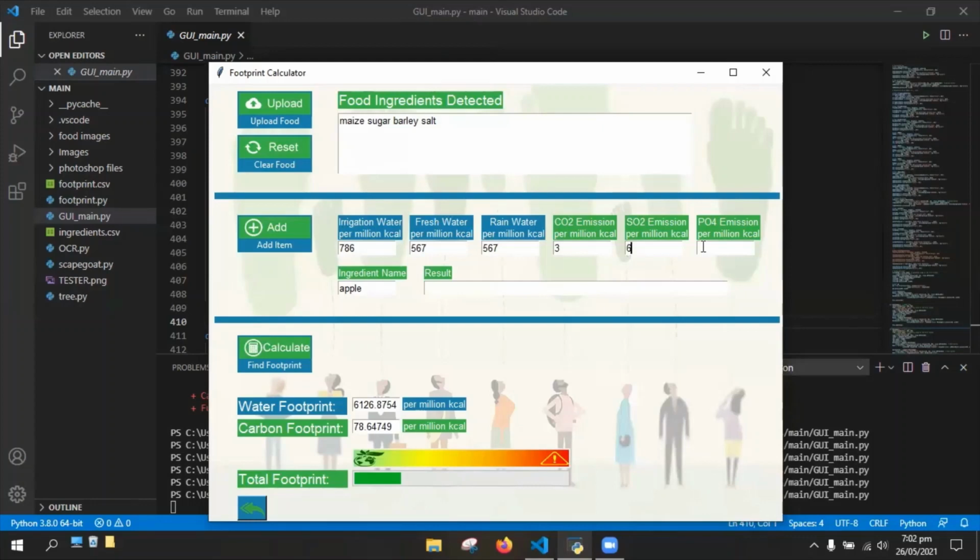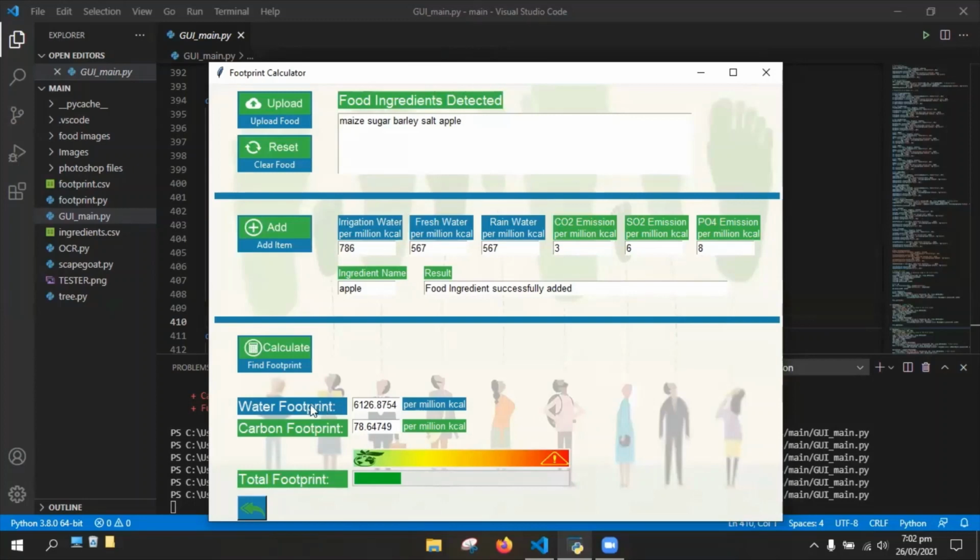These are dummy values that I'm adding just to demonstrate how it works. But if I add some string instead of a number, it will give me an error asking for numerical values. So I'll have to write a number, and pressing the add button will add the item to the list.